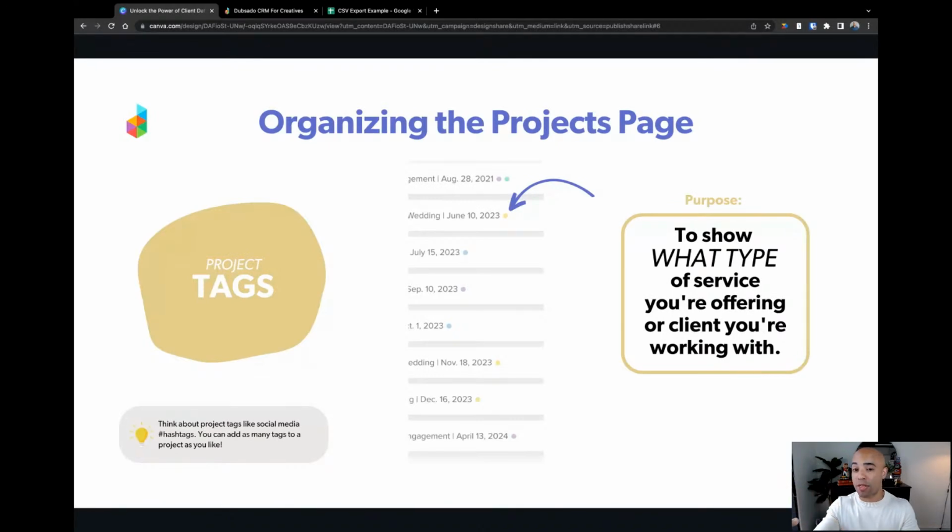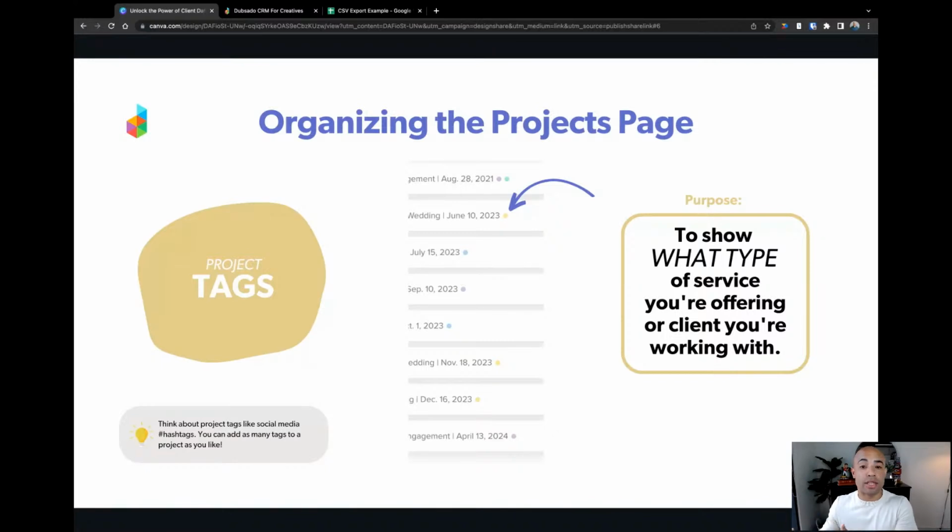Whether that's a certain demographic of a client that you're working with, or what type of service you're doing for the client, anything that you want to use to identify the type of client or the type of project that you're working with, you can use project tags for that. You can think about tags just like social media hashtags, where you can have multiple different tags on a client or project if you want to.